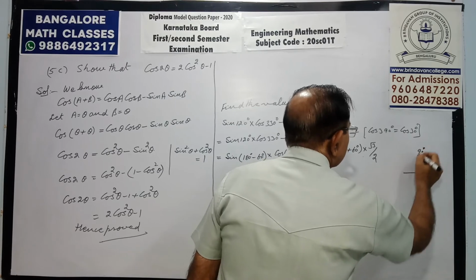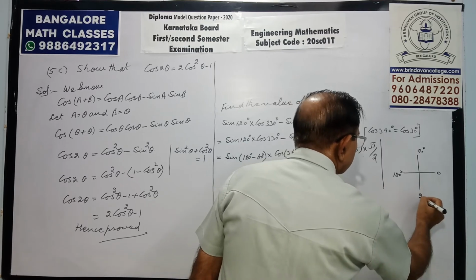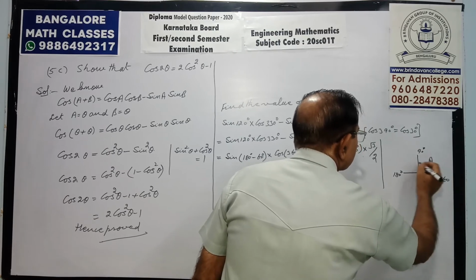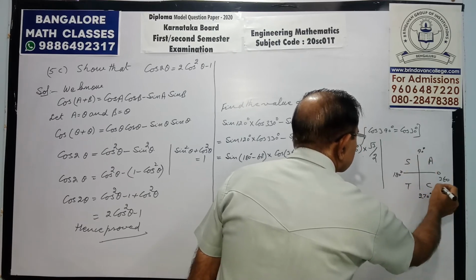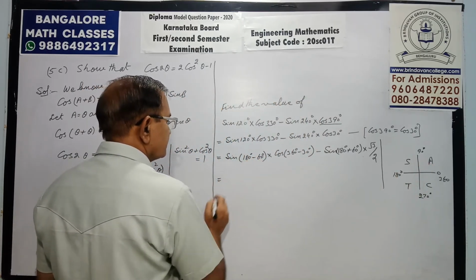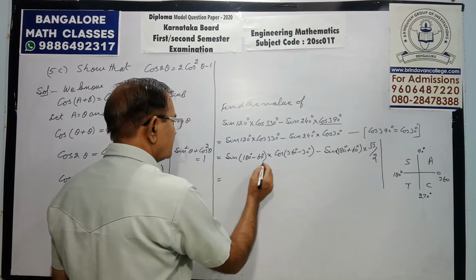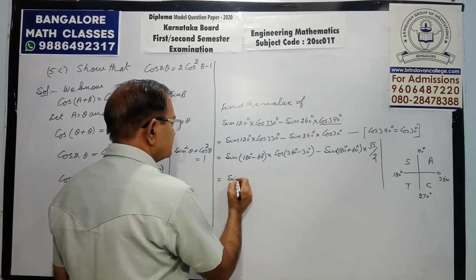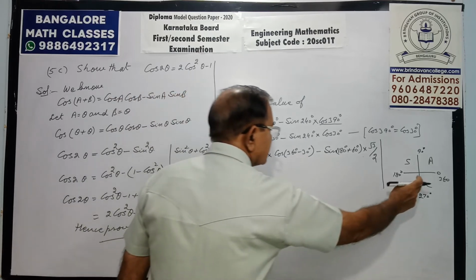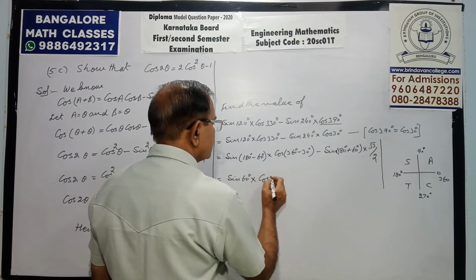0, 90, 180, 270, 360, and with all sin, tan, cos. Use this rule now. 180 minus 60, second quadrant. In second quadrant, sine is positive. Thus it is simply sin 60. 360 minus 30, fourth quadrant. In fourth quadrant, cos is positive. So thus cos 30 degree